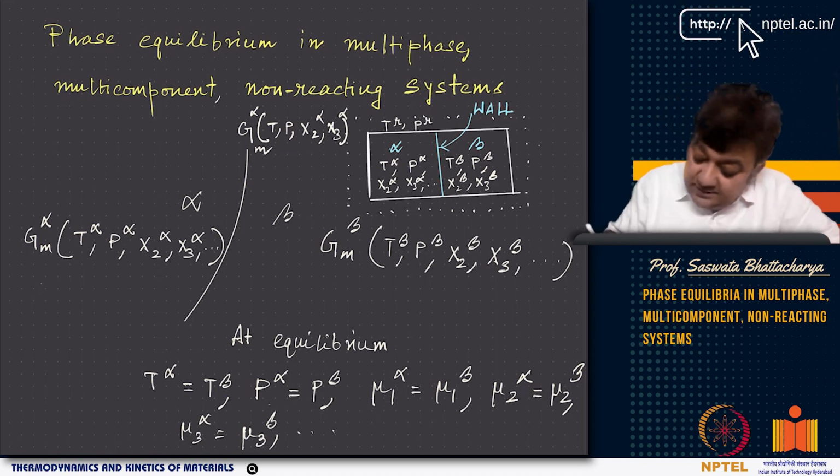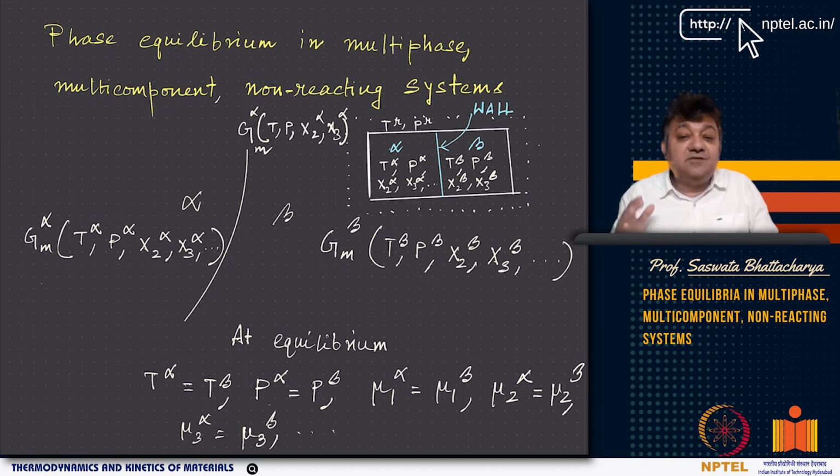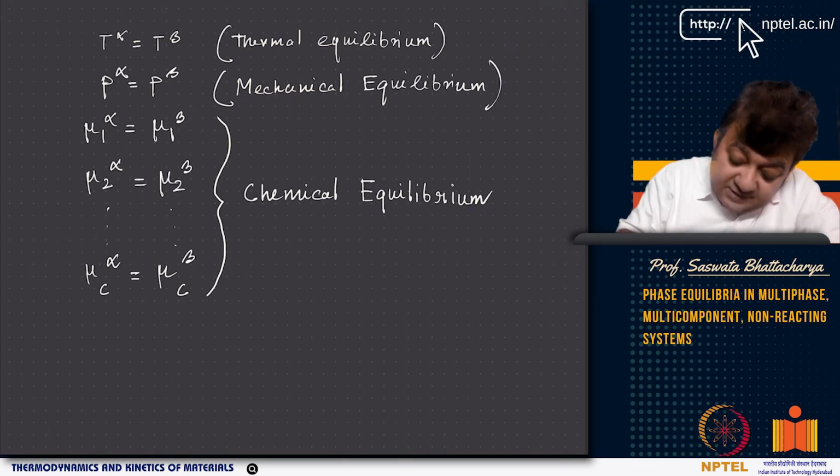You achieve equilibrium conditions like mu1 alpha equals mu1 beta, mu2 alpha equals mu2 beta, mu3 alpha equals mu3 beta. So basically the exact same phase equilibrium that we arrived at with this concept of a composite system with subsystems separated by a wall, and removing internal constraints from the wall, is exactly applicable here, right? And when you get into these types of equilibrium conditions, right? This equilibrium condition is called thermal equilibrium.